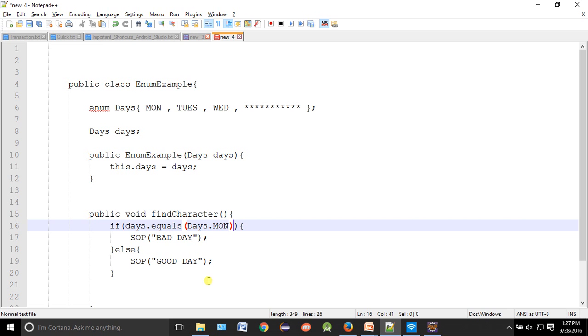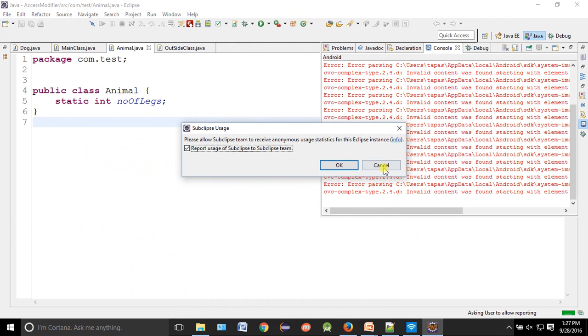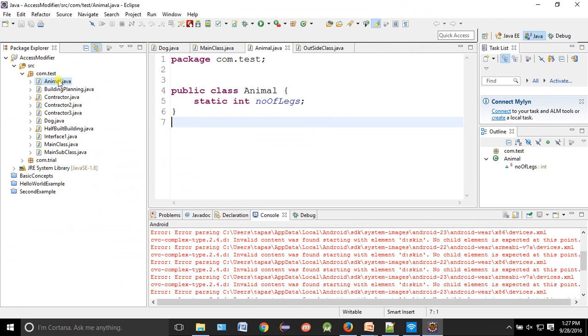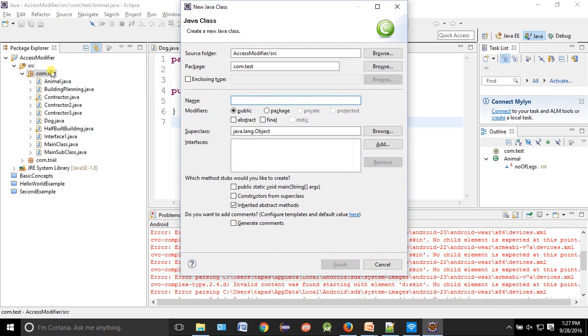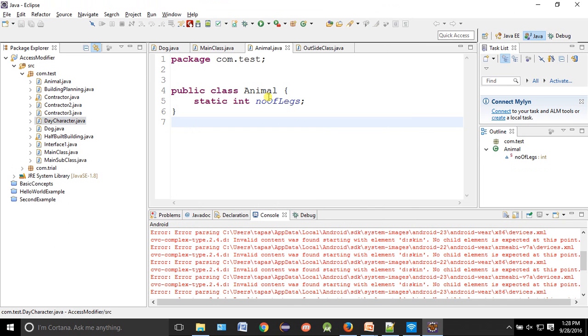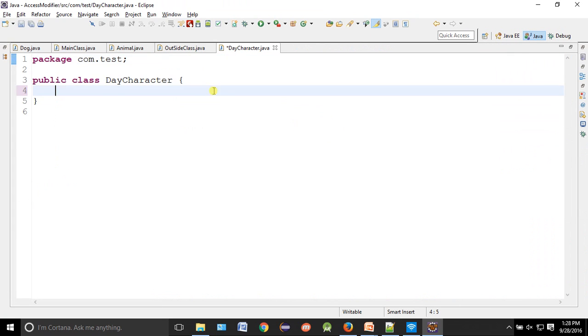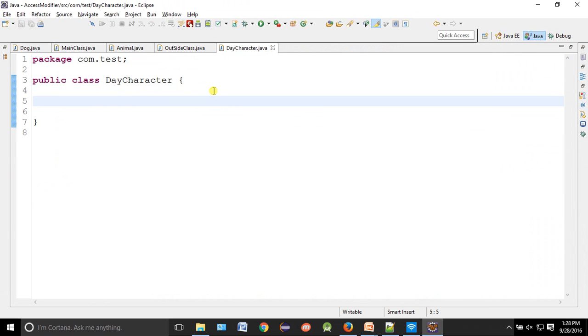So let's try to write the code in our Eclipse. We'll open this over here. Let's try to create another class, and we will give the name DayCharacter. Now what we want to do? We want to have the enum creation first. So how to do? Enum is the one. What is the name of that? Days. Then Monday, Tuesday, Wednesday,